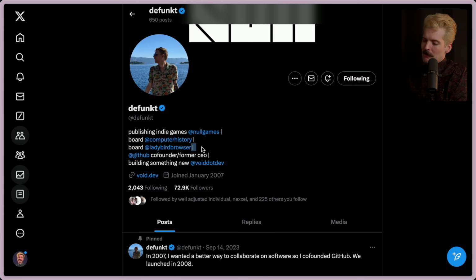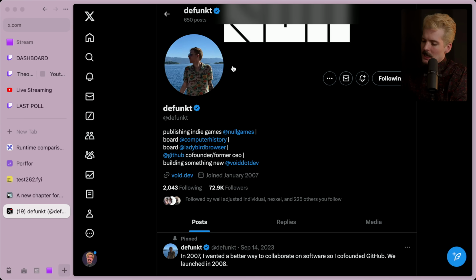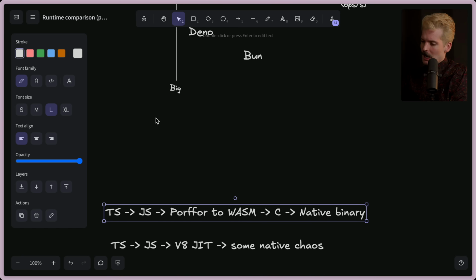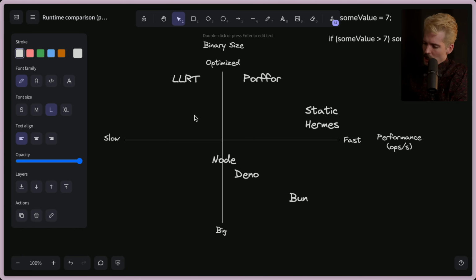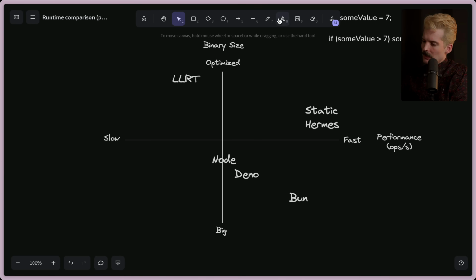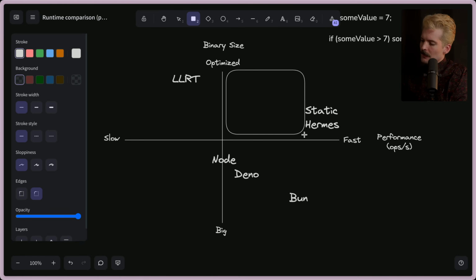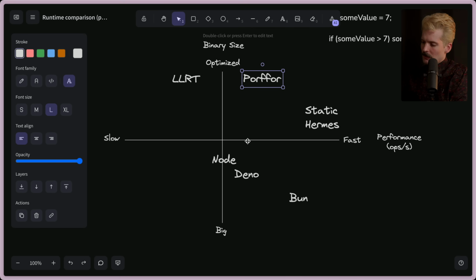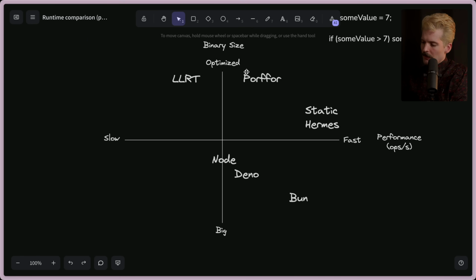And as much as I might not be fond of Ladybird, the fact that he is sponsoring this development changes my tune entirely, because similar to, funny enough, the issues I had with Ladybird, where it felt like it was re-implementing for the sake of it, this is almost the exact opposite. This is looking at this chart, seeing what LLRT and other things were doing, and wanting something in this space in the corner. If I just delete that, there's a huge gap here that nobody was filling, and Static Hermes had no intention of filling. So that's why I'm so excited about what's going on here: this dev saw a hole they wanted to fill, and they chose to fill it.